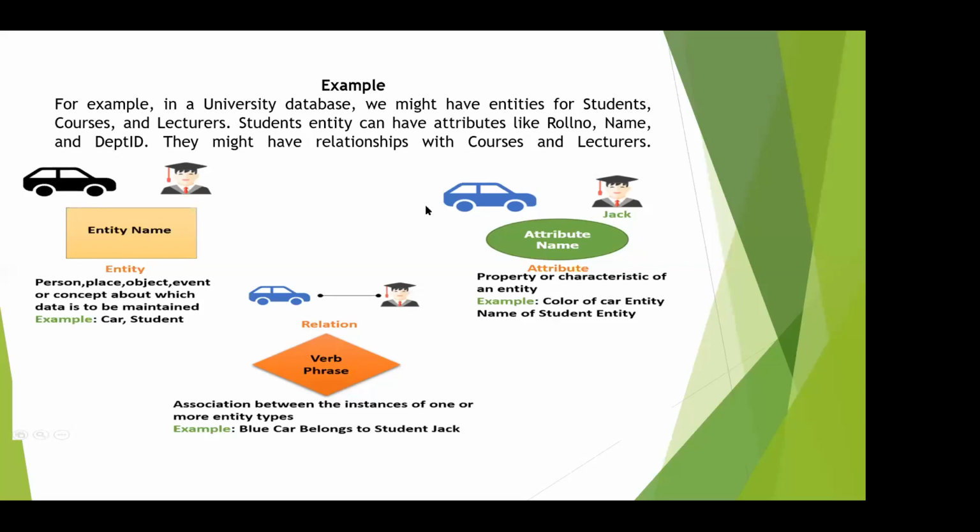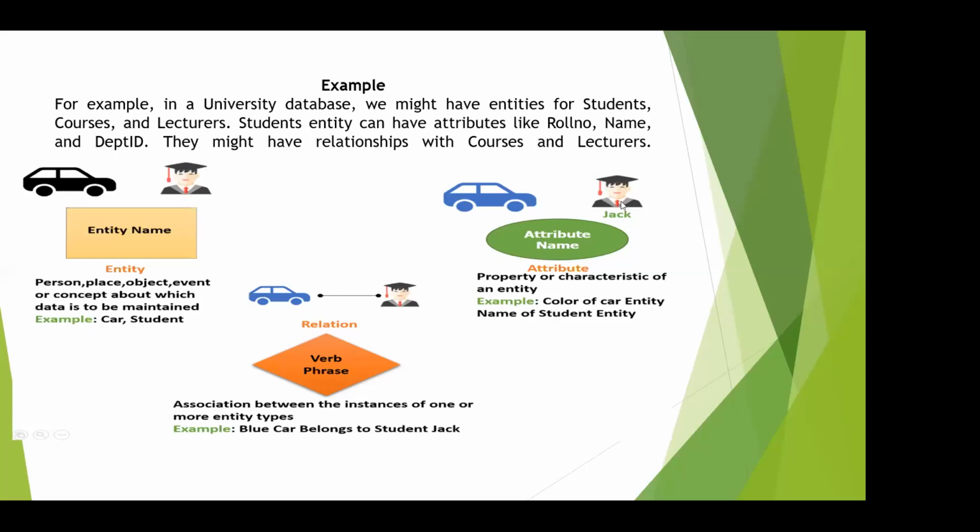So you understand what is entity here, what is attribute, and what is a relation. From this picture, entity is car and student. Here an attribute is student name. If you take car, there are so many attributes: color of the car, model of the car, number of the car,